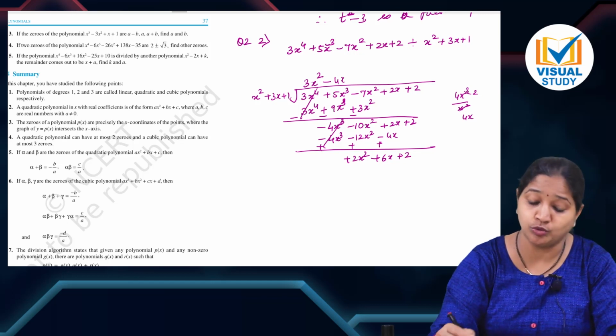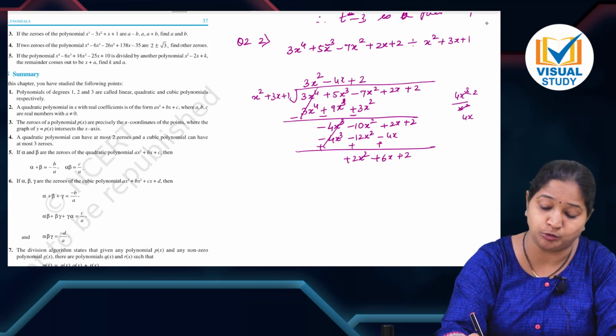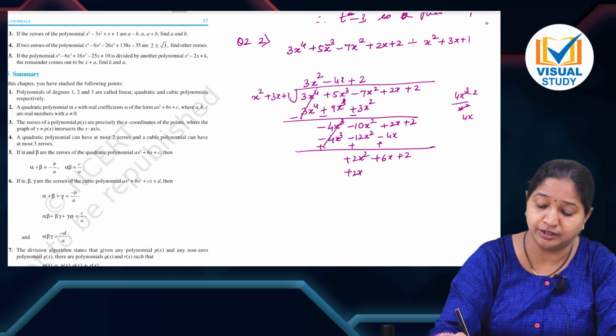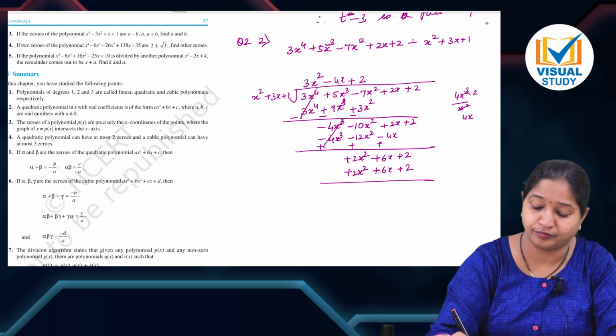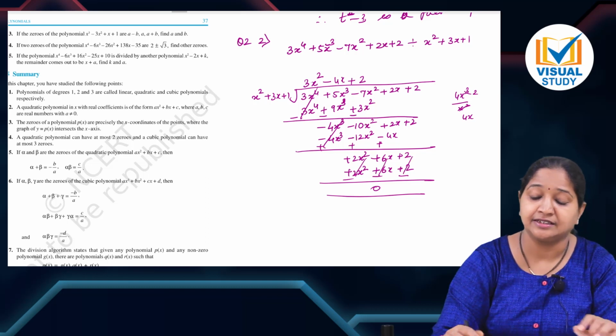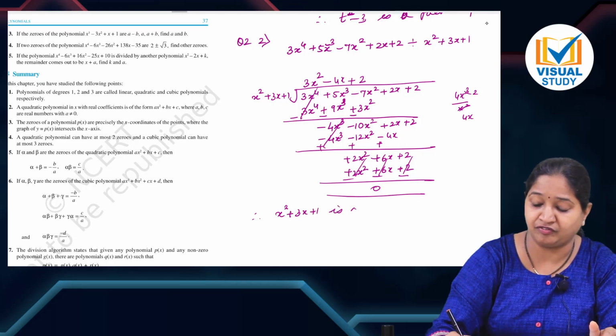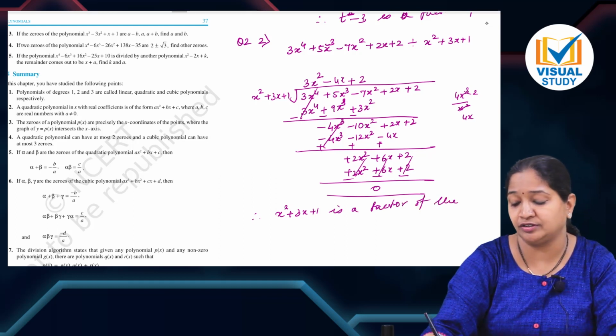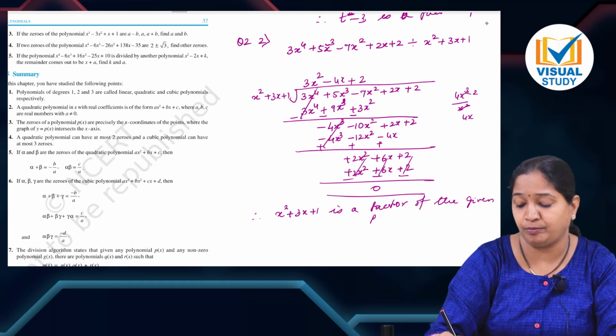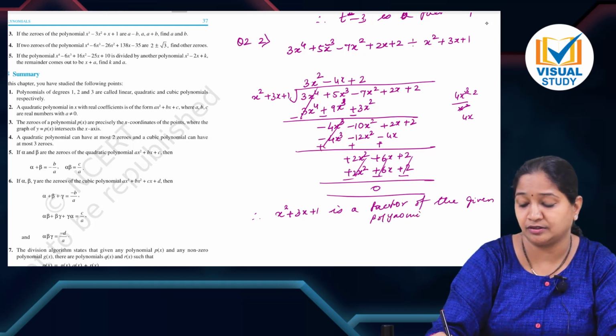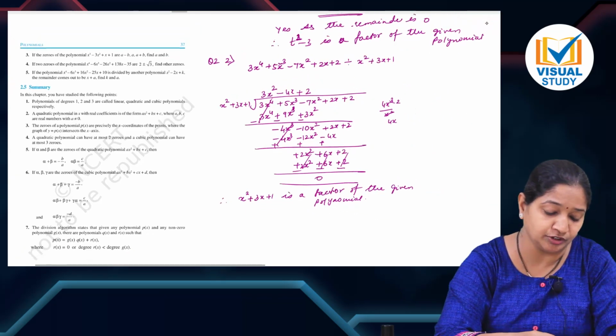Now what you want is 2x square, so you have to multiply by 2. 2 into x square you get 2x square plus 6x plus 2. Everything gets cancelled. And yes, this is also a factor. Therefore, x square plus 3x plus 1 is a factor of the given polynomial. Okay. Now what is your